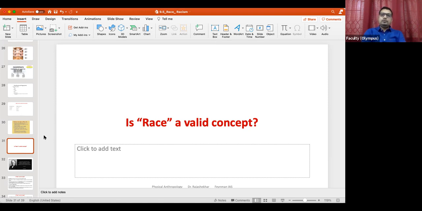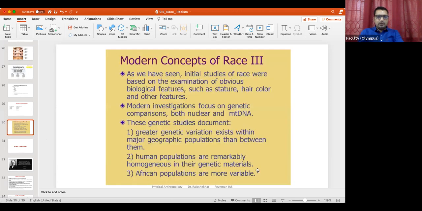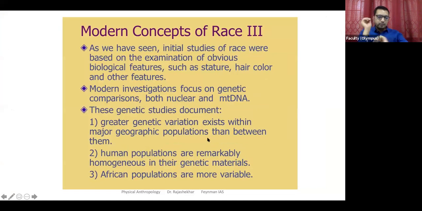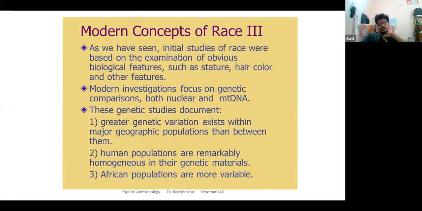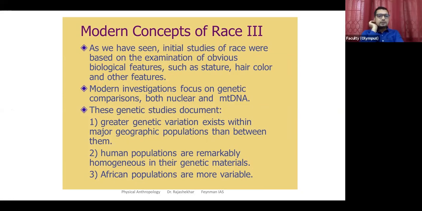Correct. The components of molecular anthropology can also help us see whether we are different and how different, who is different from whom, what the connectivity is. So for that, we are nowadays focusing on more modern tools, which are more genetic or molecular in nature. Sir, can we also use genetic markers? Yes, we can also use genetic markers. Yes, absolutely. That is what we can use here in molecular anthropology as well. Because initially we talked about races being classified based on obvious biological features, right?